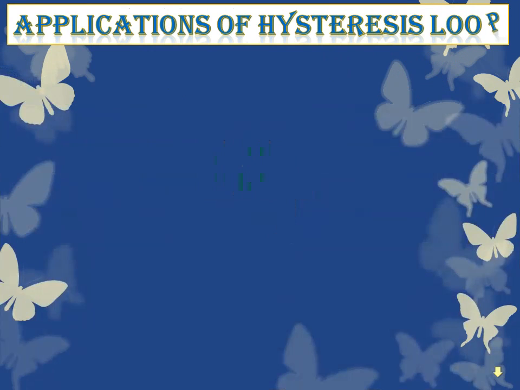Next one, application of hysteresis loop. The significance of hysteresis loop is that it provides information such as retentivity, coercivity, permeability, susceptibility and energy loss during one cycle of magnetization for each ferromagnetic material. Therefore, the study of hysteresis loop helps in selecting proper and suitable material for a given purpose, and some examples are